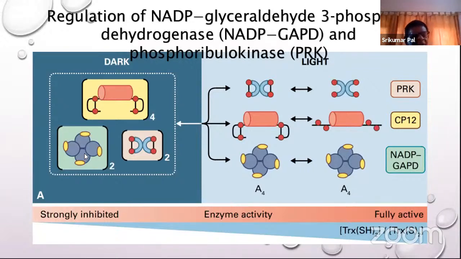So in the light, the Ferredoxin-Thioredoxin system is activated, and that reduces this disulfide linkage. Ultimately the associated proteins are released from this supramolecular complex and exhibit their full catalytic activity. But interestingly, there is considerable heterogeneity, because in the dark it can form this assembly,